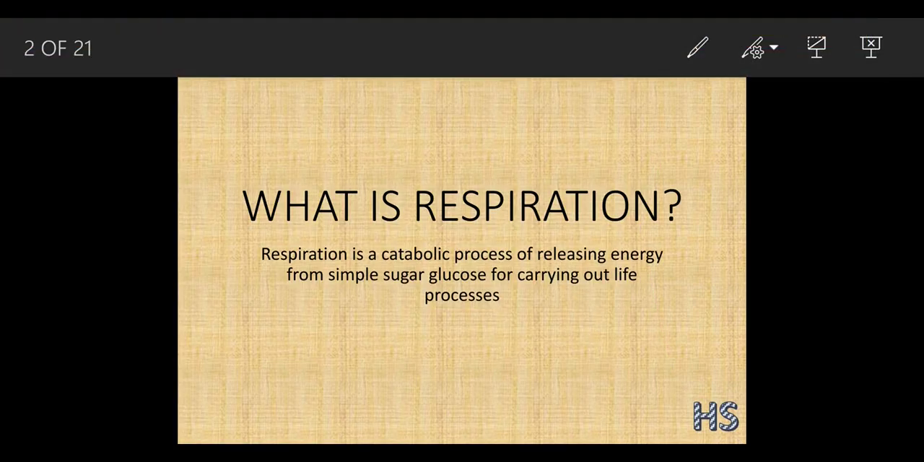So first, what do you mean by the term respiration? First I'm going to read out the definition for you, and then I'm going to make you understand what it means. Respiration is basically the catabolic process of releasing energy from the simple sugar glucose for carrying out the life processes. First I'm going to help you with the word catabolic. The word catabolic means the breakdown,